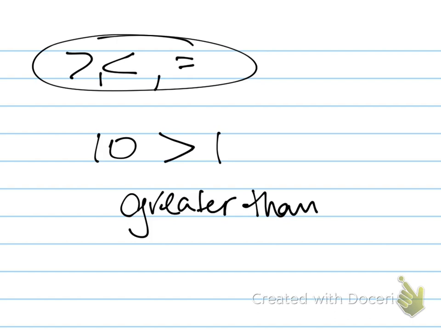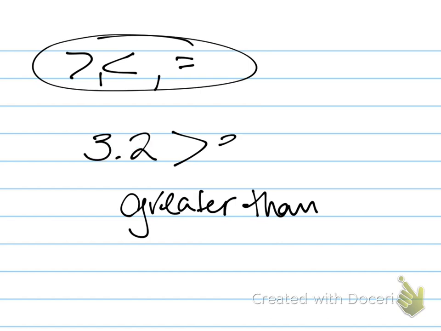All right, so anytime that this alligator mouth is open this way or Pac-Man is open this way, it's going to be eating the bigger number. It wants the bigger part of the pie. It's a hungry fella. All right, so some more examples that we can use are, let's see, 3 2/10 is